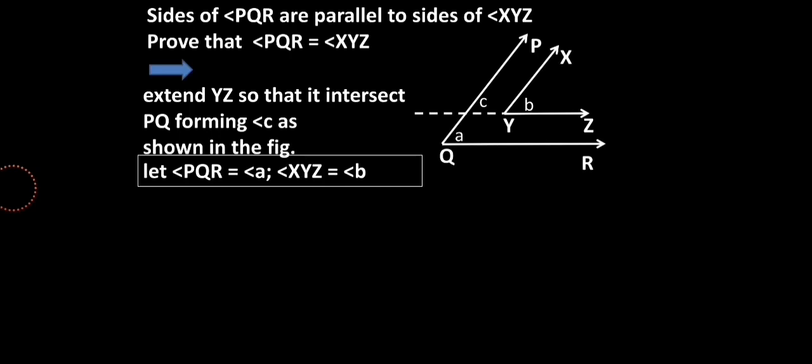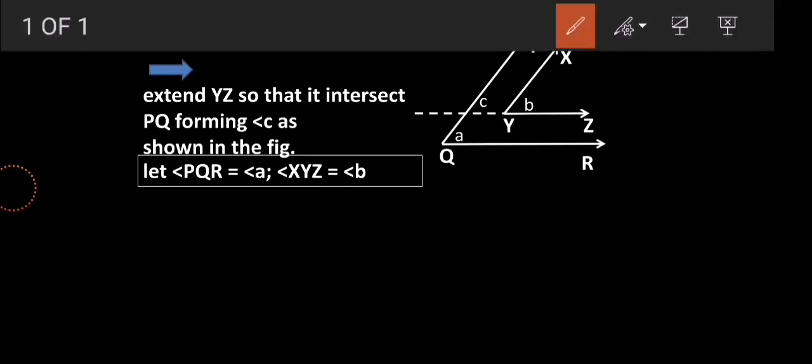Now from here on, if you observe, angle B and angle C, both are on the right side of the parallel lines, and both are on the same side of the transversal. Same side means both are above the transversal, right? And both are on the right side of the parallel lines. Correct. So that is why B and C can be considered as corresponding angles, and the same goes with A and C. Means C is equal to A also, and C is equal to B also. But only one thing you need to be very careful of: the transversal. You must mention which transversal you are considering.